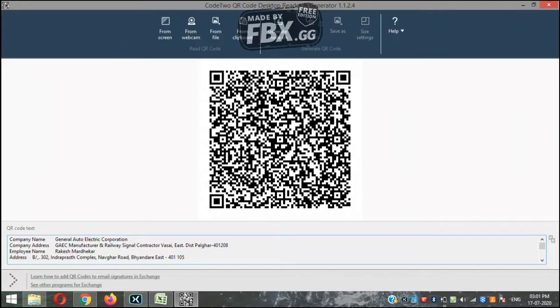But if you want to go for dynamic QR codes, that comes under paid plans, and there are a lot of companies that offer it. So that will go into the paid plan. If you want to go for it free, and there are hardly any chances that you will be editing any information, then I suggest you better go for static QR codes, which I am using right now.